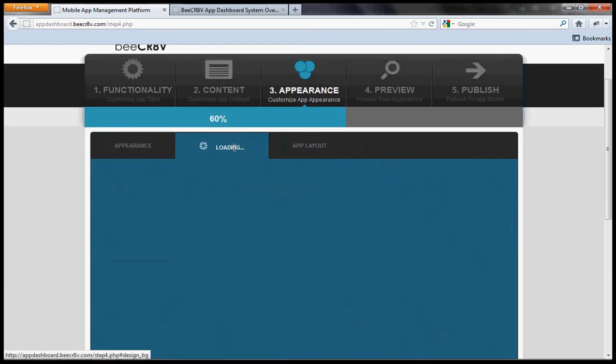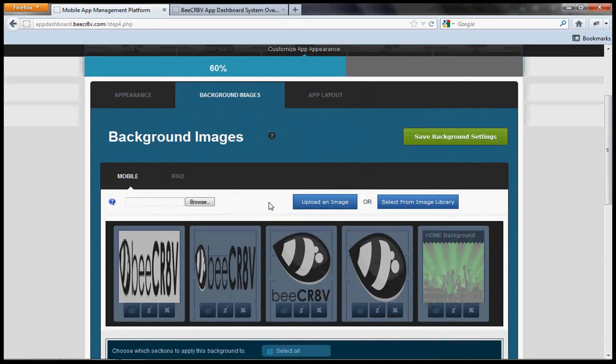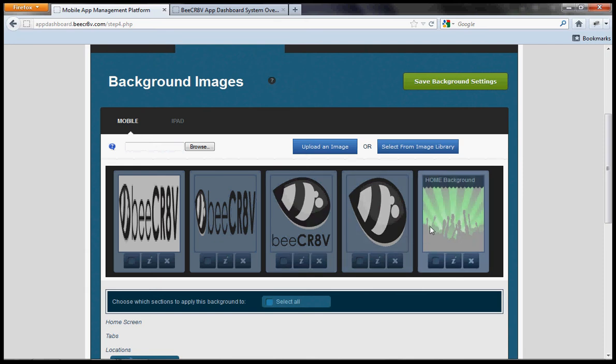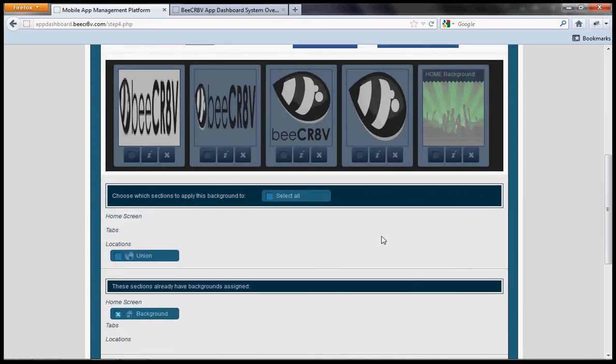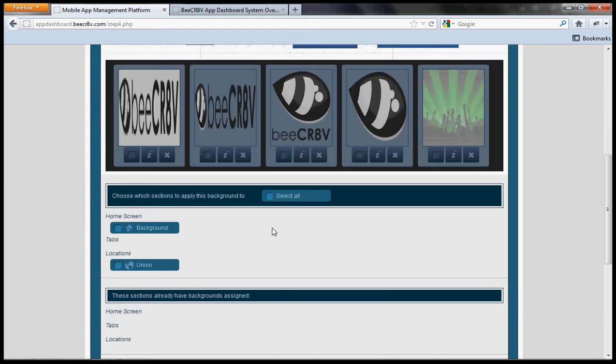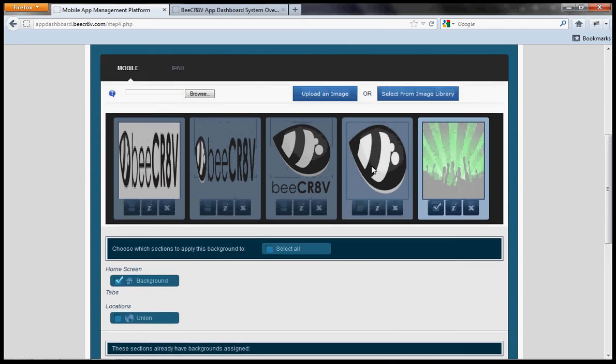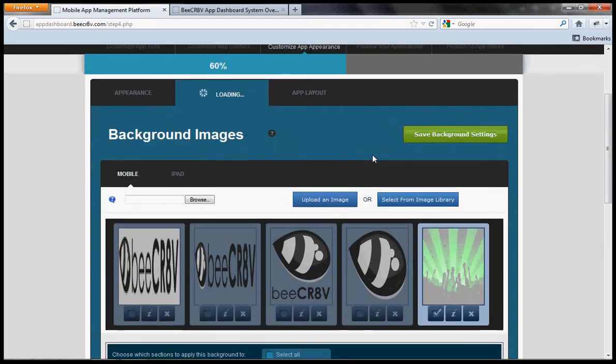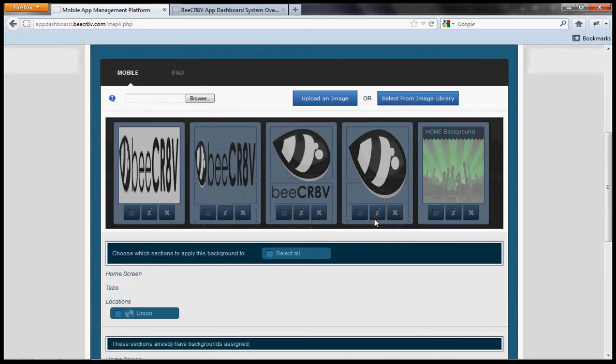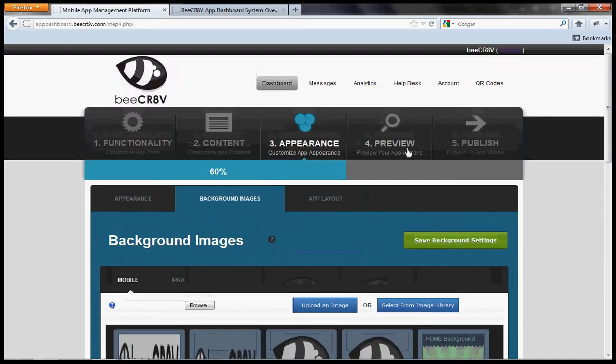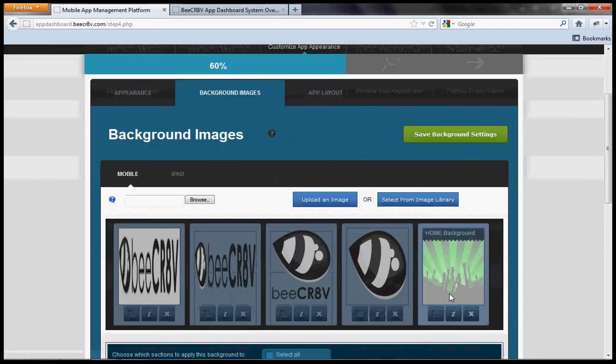Once you've done that, go to Background Images, and this is where you're going to assign images to the pages on your app. For instance, the home background, the first thing that somebody sees when they open up your app. We're going to call it this one right here, and we're going to select Home Screen. Select it one more time, and select Background. Save background selections. And now you'll see once we go to the preview stage that this background is now selected